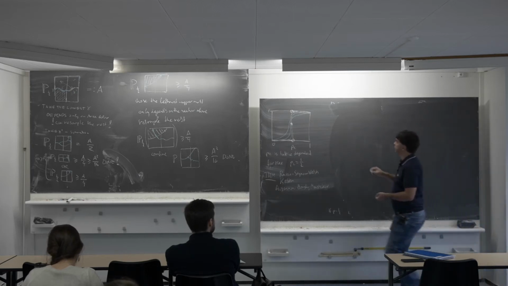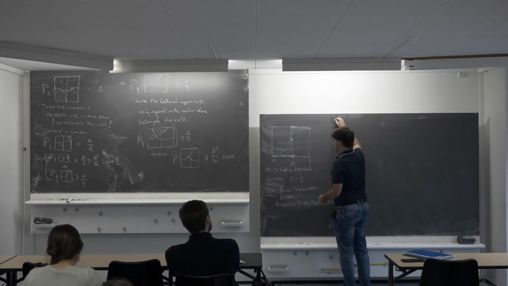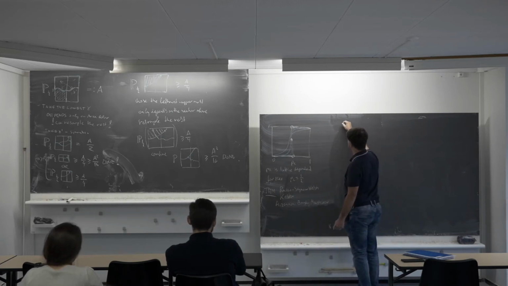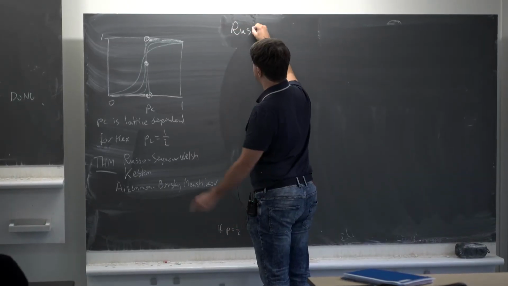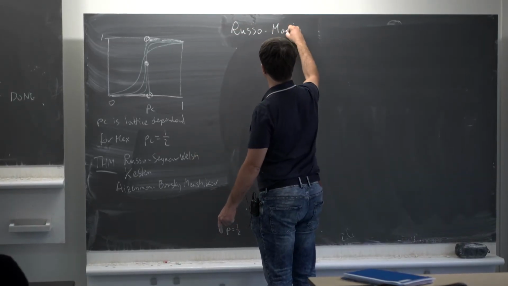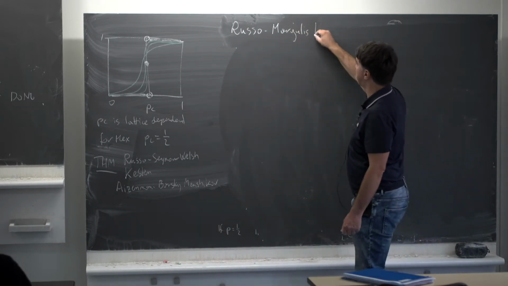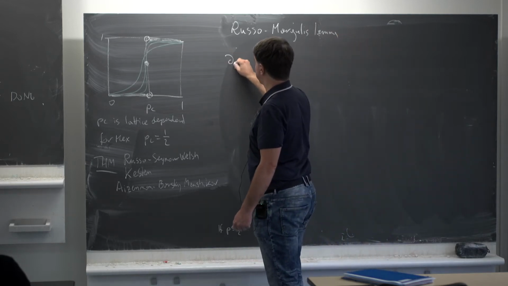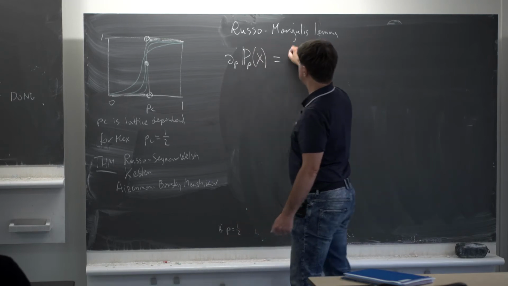So first, we want to look at this event, and there is a thing called Russo-Seymour-Welsh and Margulis, well, the famous Margulis lemma, which says that the derivative in p of the probability of some event is equal to